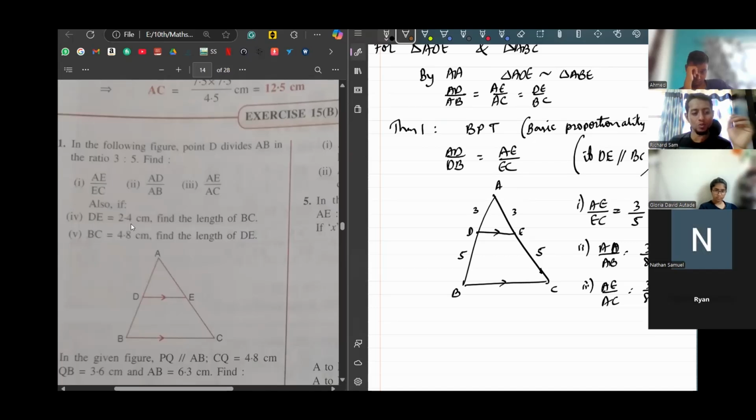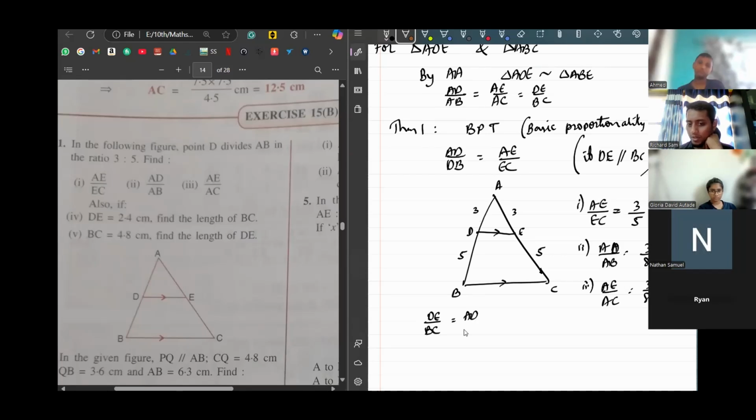Next question. If DE is 2.4, see now these are the actual values. If DE is 2.4 centimeters, find the length of BC. So what will be the ratio between DE and BC? The ratio between DE and BC. Is it 3:5? DE to BC will be equal to which other? Tell me another ratio that this might be equal to. See, these two triangles are similar. So you have three ratios, right? So this is one ratio. Tell me another ratio. DE upon BC will be equal to,